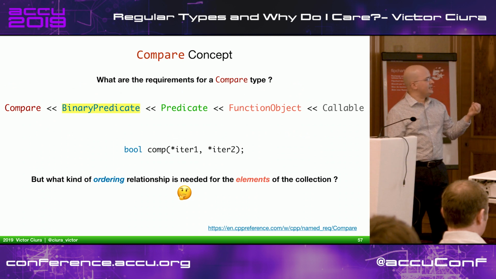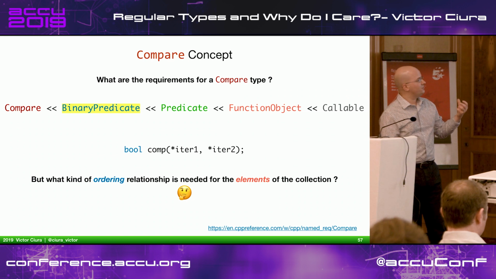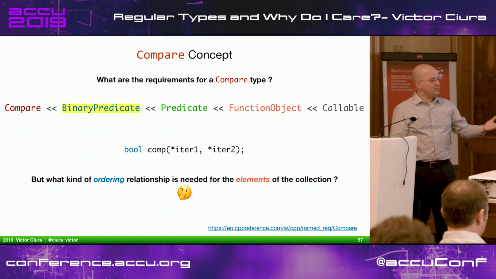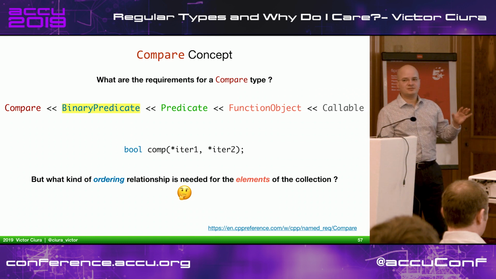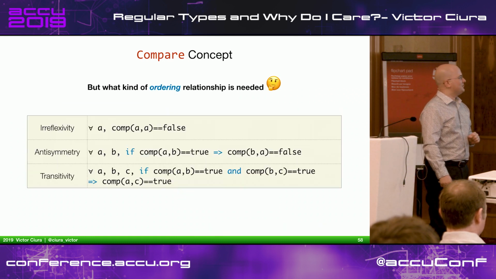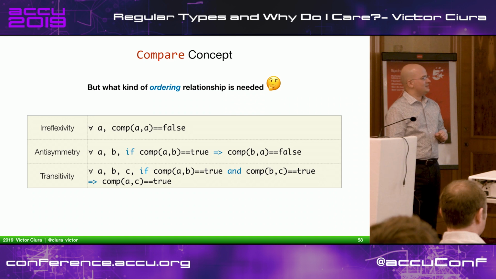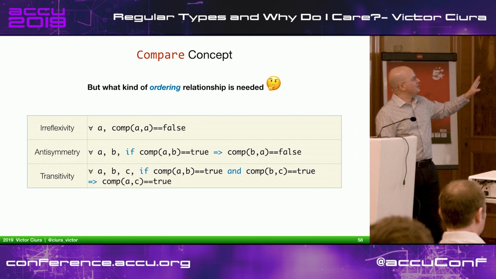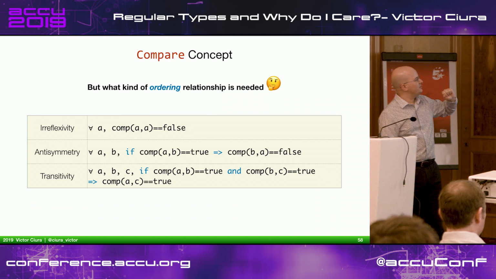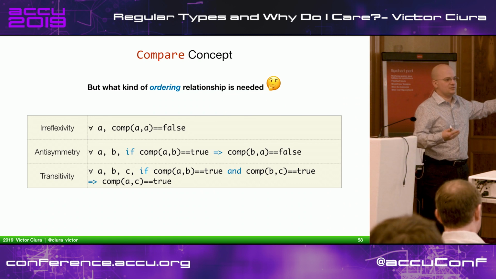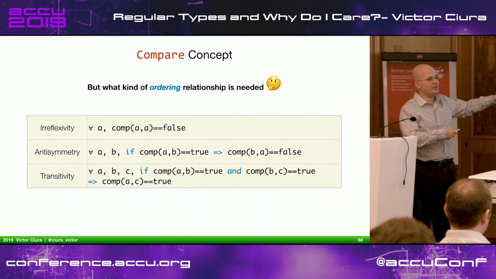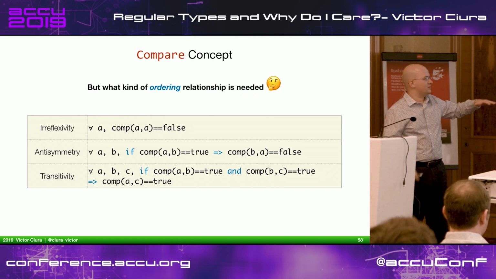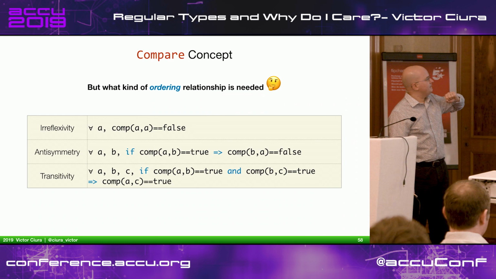But what kind of ordering relationship is needed for the elements of the collection such that compare actually works? So this is the part where surprises appear for students. And yes, I know we have some squiggles that sound like high school math here, but bear with me. What's the ordering relationship needed? And we'll start with very basic stuff, stuff that we would expect that if we wouldn't obey these rules, nothing will work, basically. So irreflexivity,